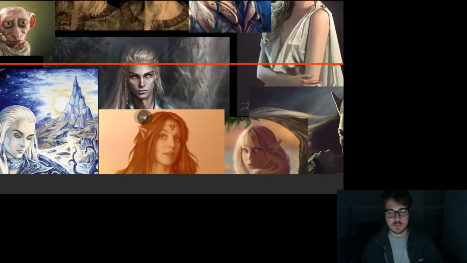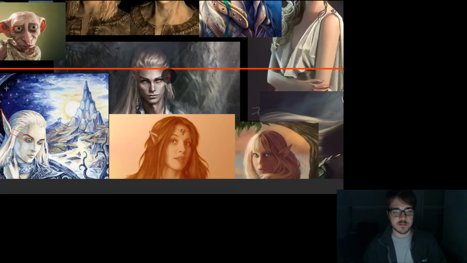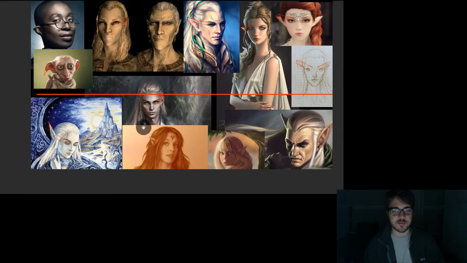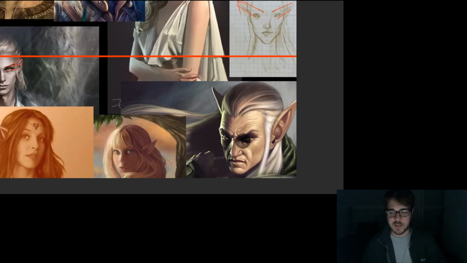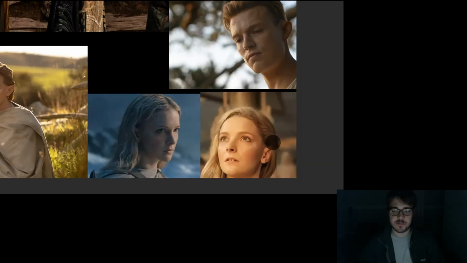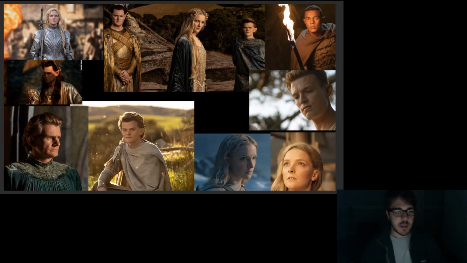And so just like most of the Rings of Power characters, these elves don't really look like elves because they don't have the right angles. So you can see the difference of what looks like a human with pointy ears and what looks like an actual elf. And so now that you have that idea, let's look back at the characters from the Rings of Power and see now what I mean, how only one or two of these characters look correctly like elves, while some of them are pretty close. I would say he's probably the third best elf.